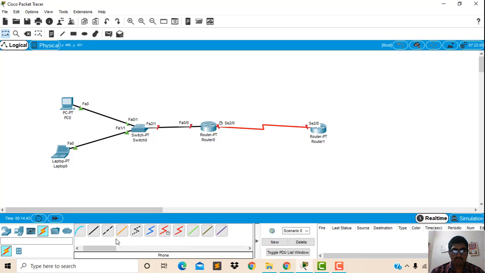Now we'll connect the server with the switch, and the router with the switch. Here we take a PT switch.